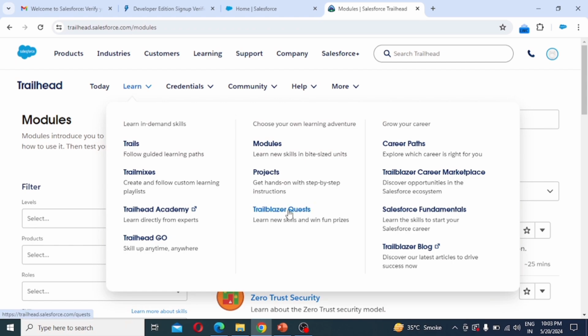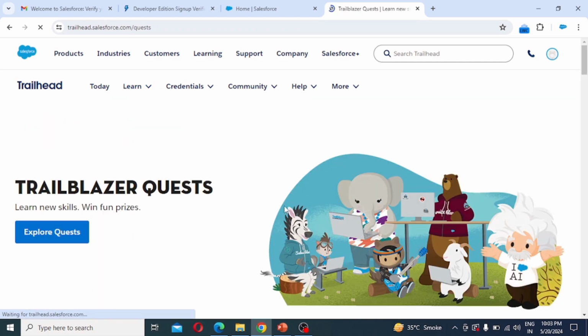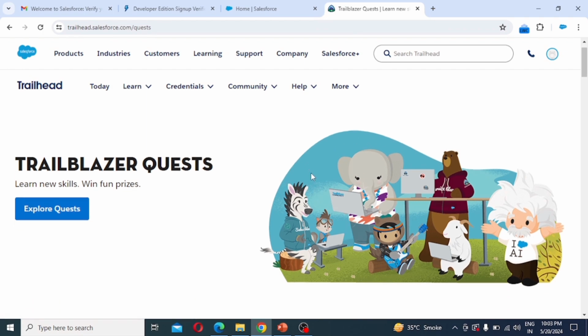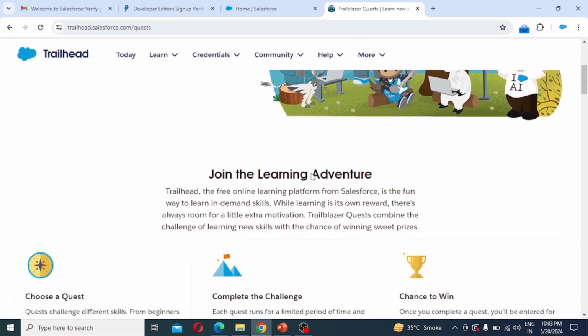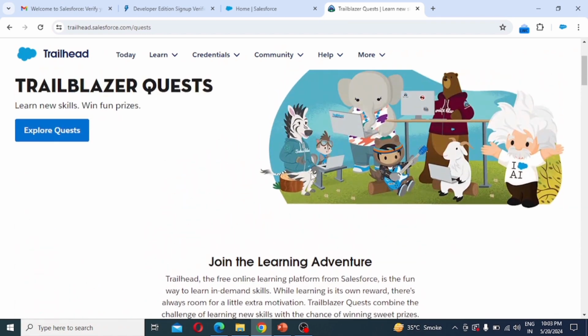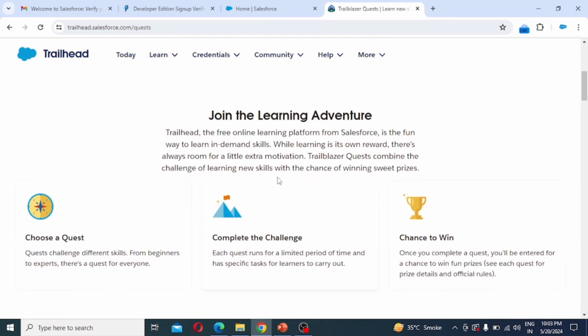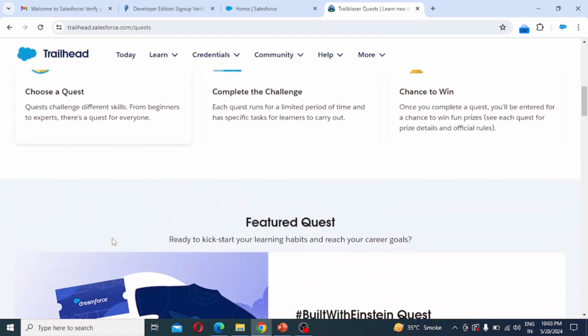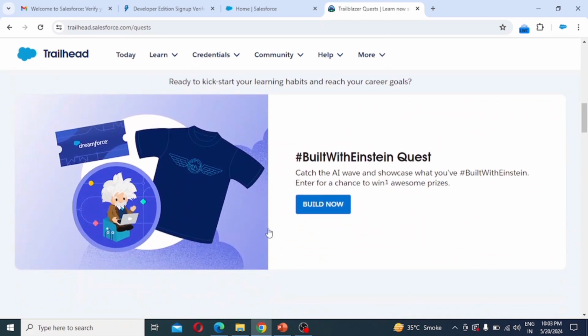So coming to Trailblazer Quests, all the time some quests are coming over here. We can explore by simply clicking on Explore Quest. Join the learning adventure. Here some of the features are there. Build with Einstein Quest.